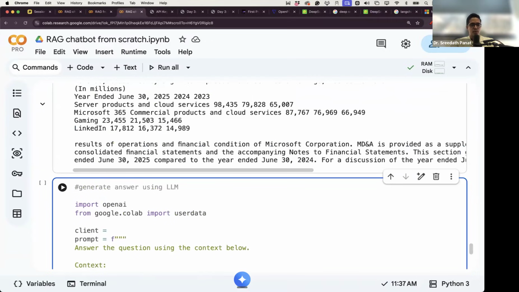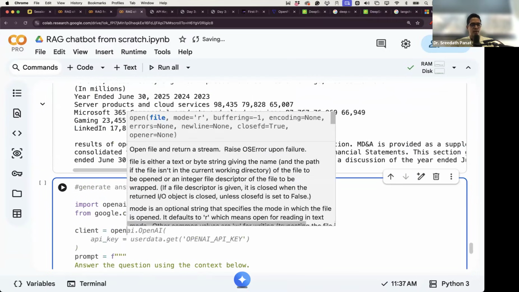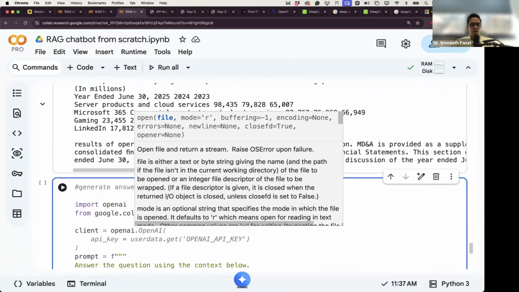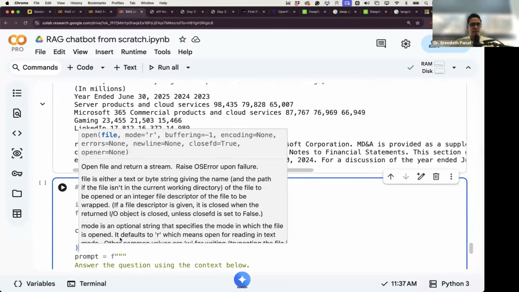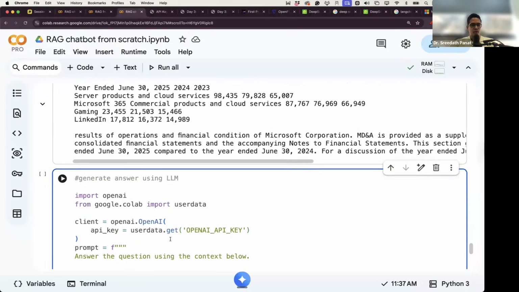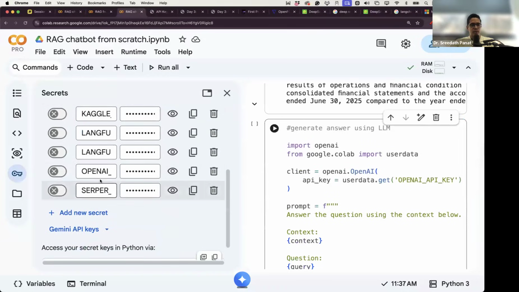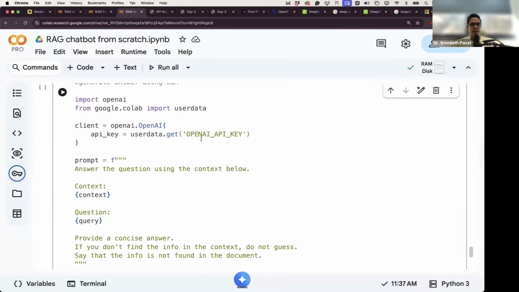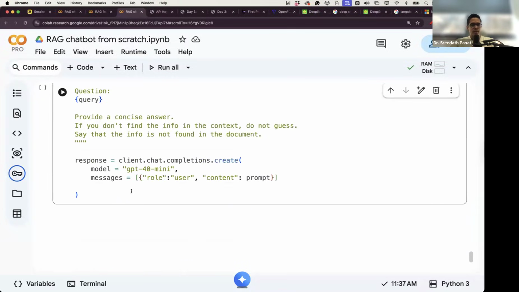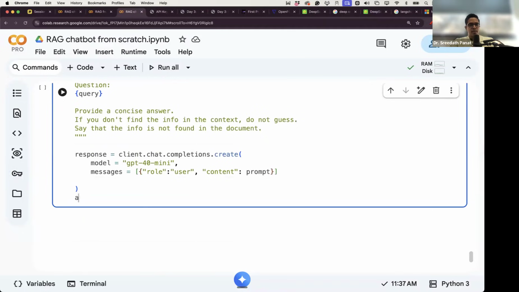client equal to OpenAI dot OpenAI, and then API key equal to user data dot get OpenAI key. And I already have it over here, so I should just enable it. So I had saved the OpenAI key here. This is where you will have to save your own OpenAI key, and then